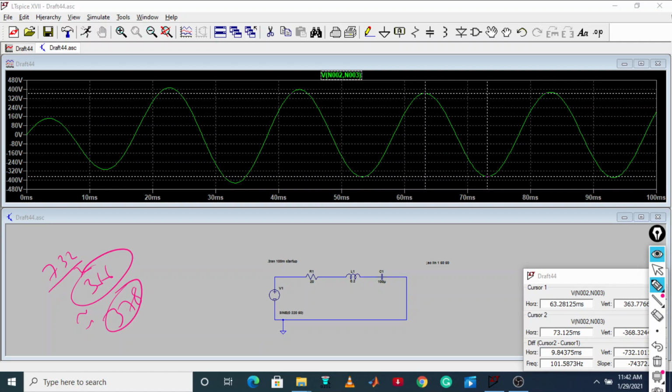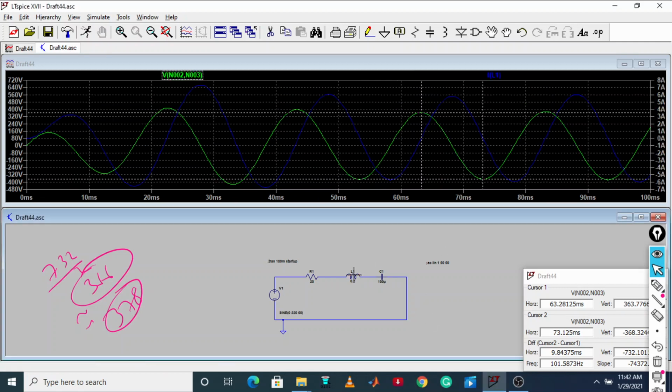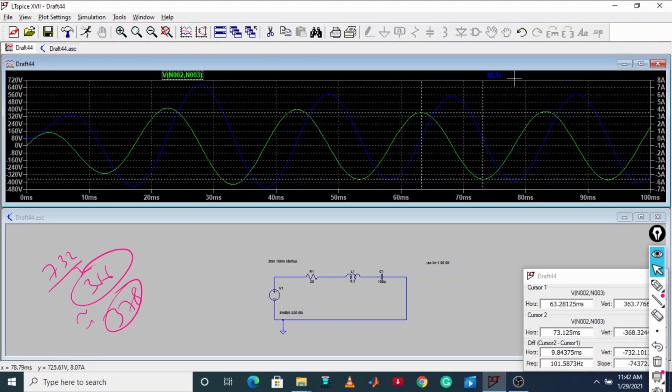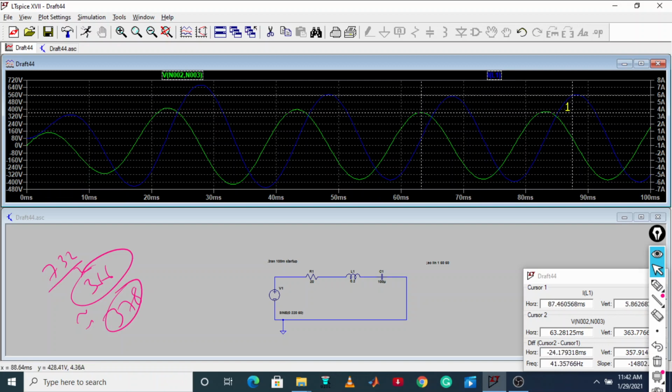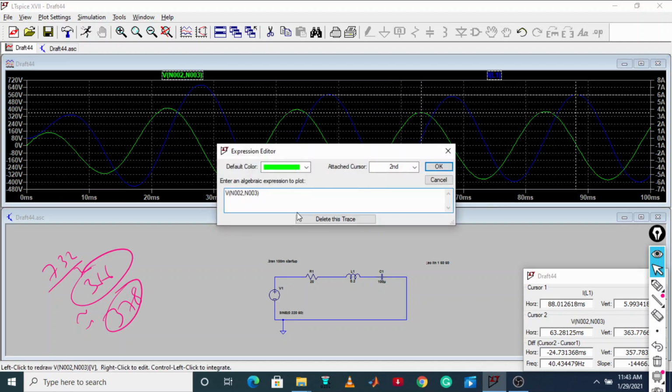Now if you want to see the current, this is the voltage across this one, and the current will be around 6 ampere. This is the 6 ampere. See what that current is, it is around 6 ampere we are going to get, because the current will be the same. Now if I multiply voltage with the current, that will give the reactive power.